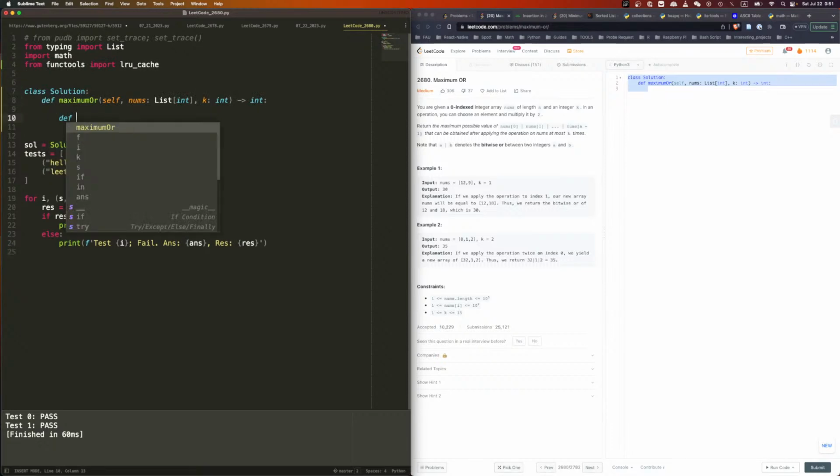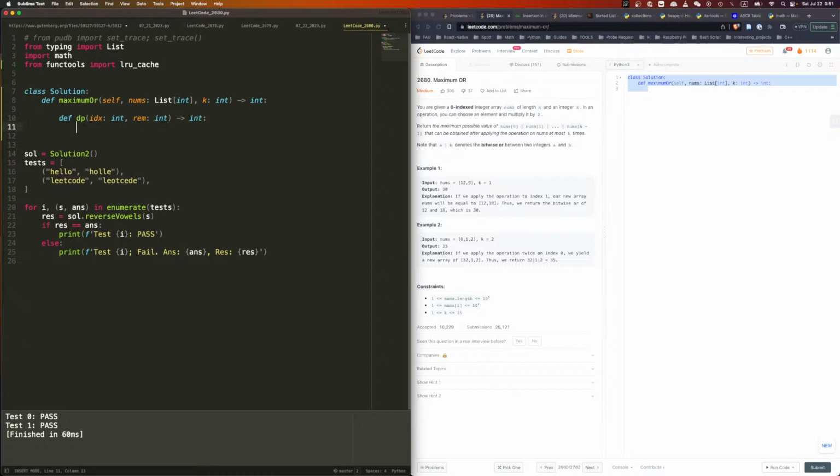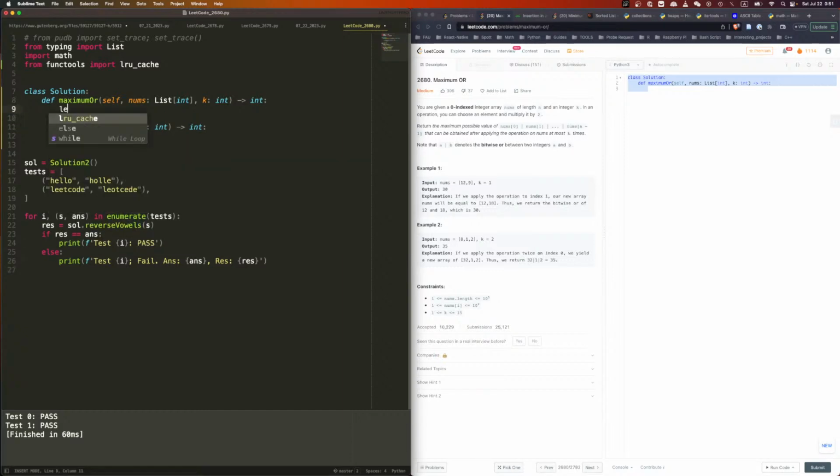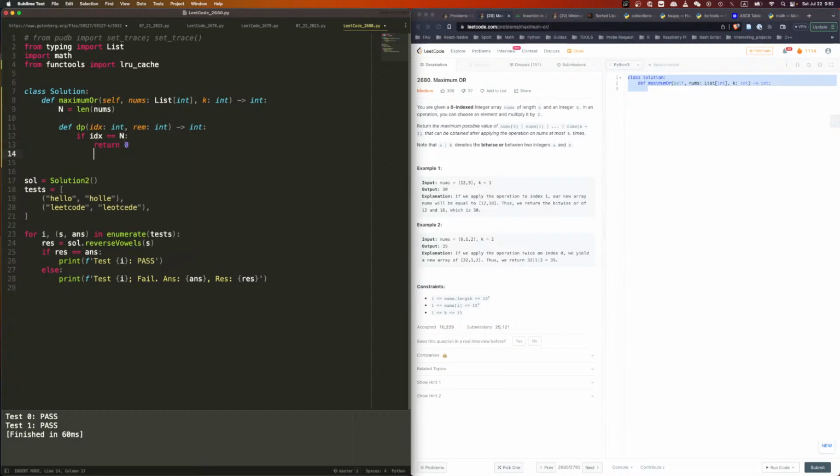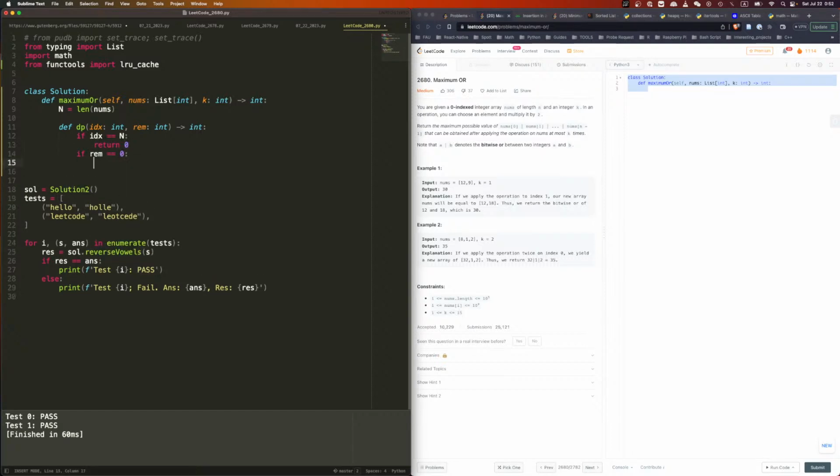So we have the index, and we have remaining. Now this will return an int, right? And if index is equal to n, that will return 0. If remaining is equal to 0, then we shall return